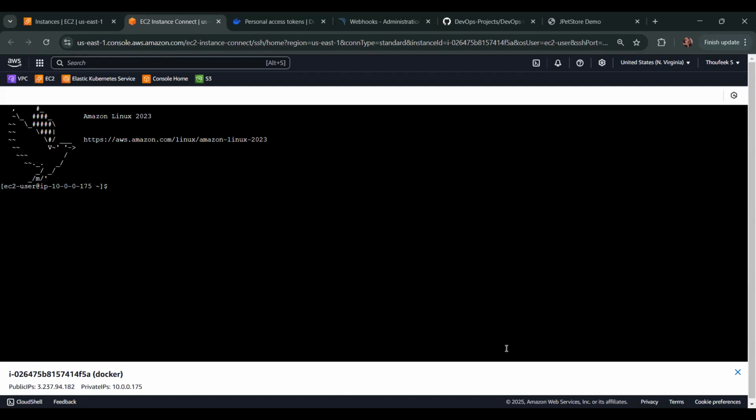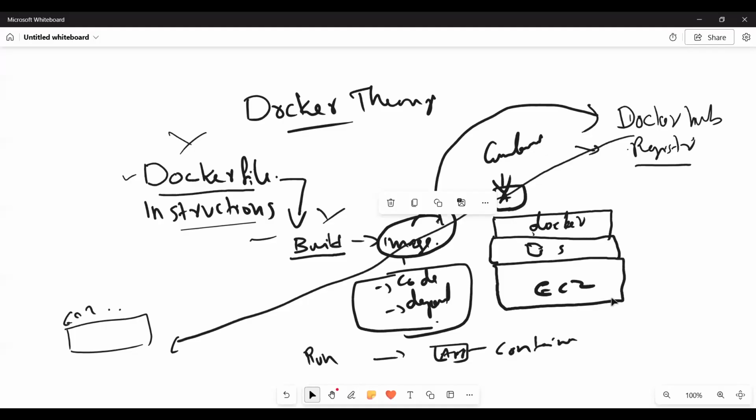Okay, we successfully logged in. The next step is we need to install Docker. These two stages are done. We select the EC2 with the operating system. That's fine. Now we need to run our